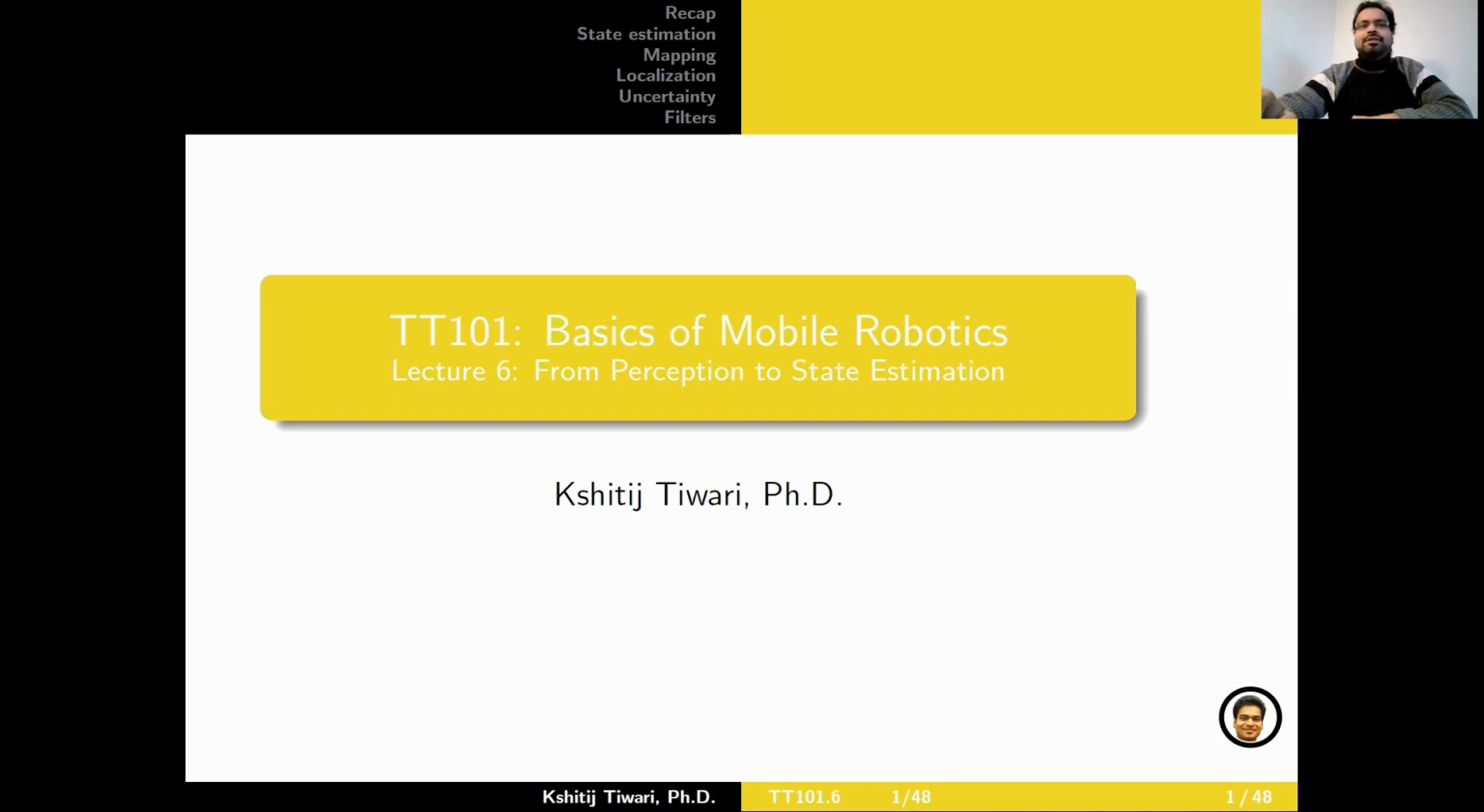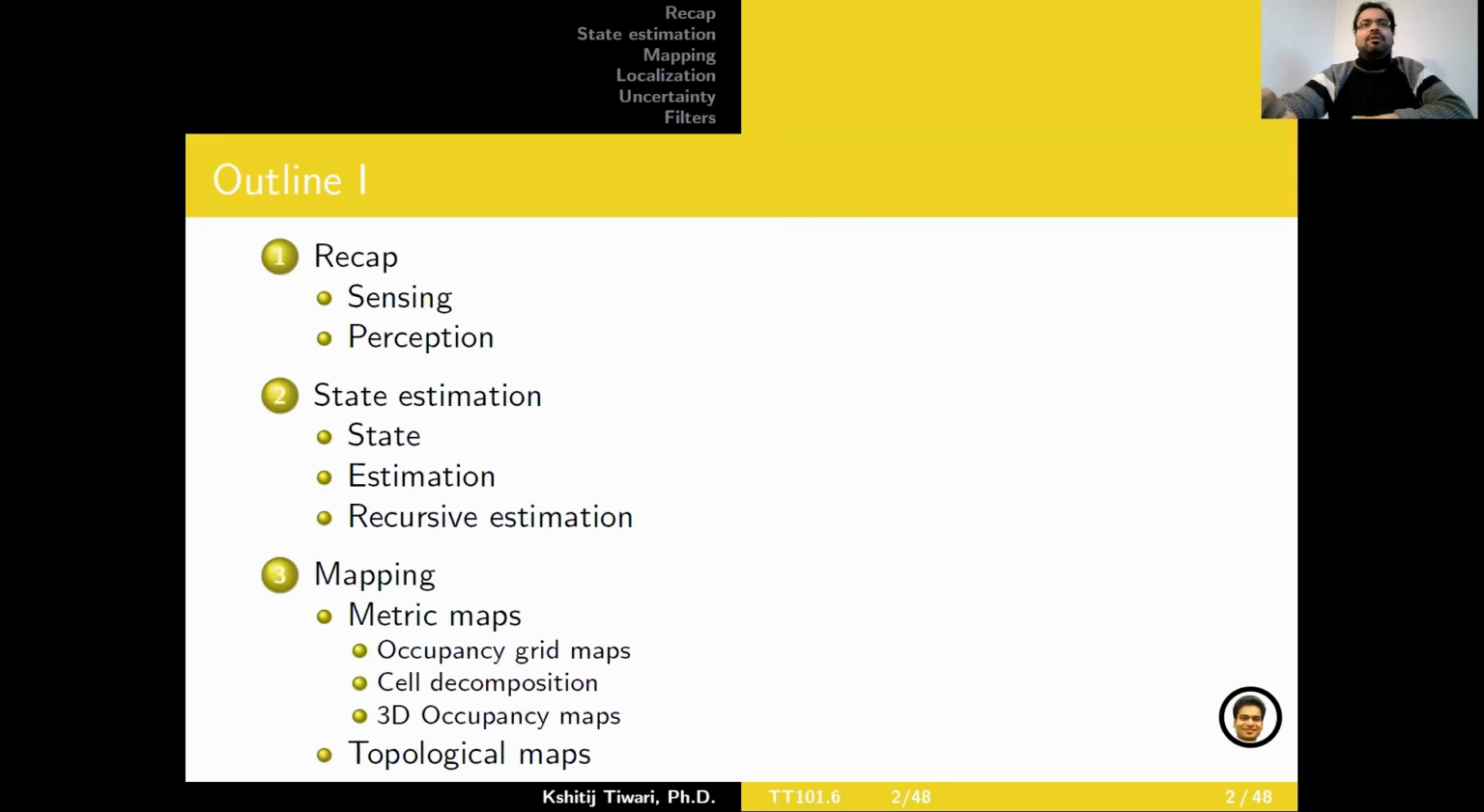This is the sixth lecture of the TT101 lecture series on basics of mobile robotics. Today we are looking at state estimation, so going a step beyond perception. This is a brief overview of the lecture for the day, and it will build on the discussion where we